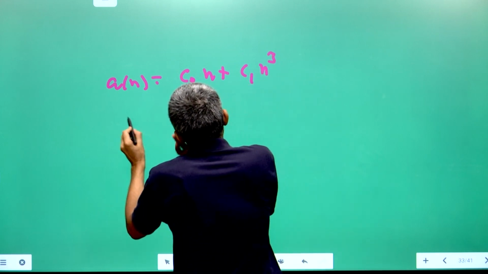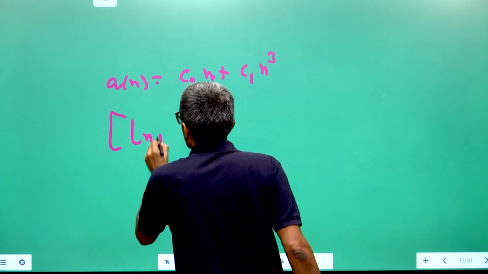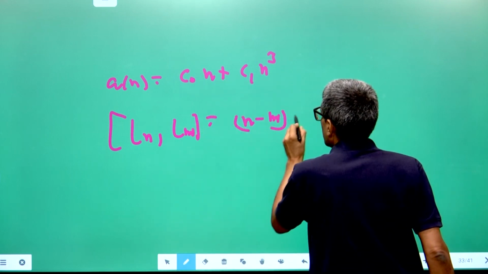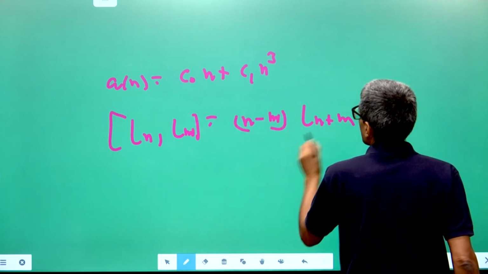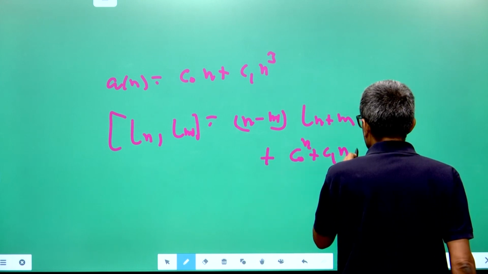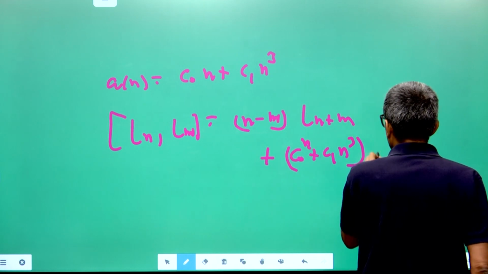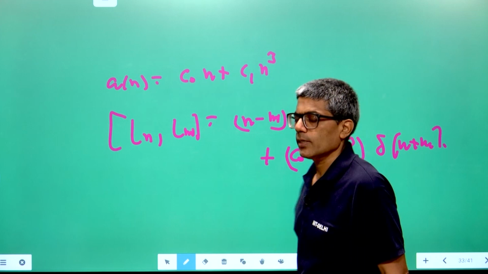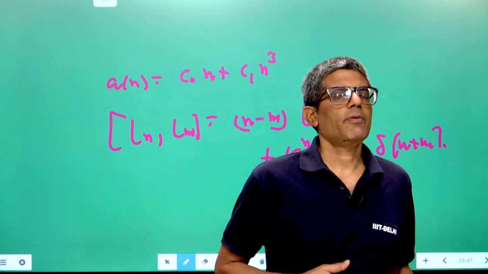That means you will get the Virasoro commutation relations as [L_n, L_m] = (n − m) L_{n+m} + (c_0 n + c_1 n^3) δ_{n+m}, and you need to determine these constants c_0 and c_1. So c_0 and c_1 will come from